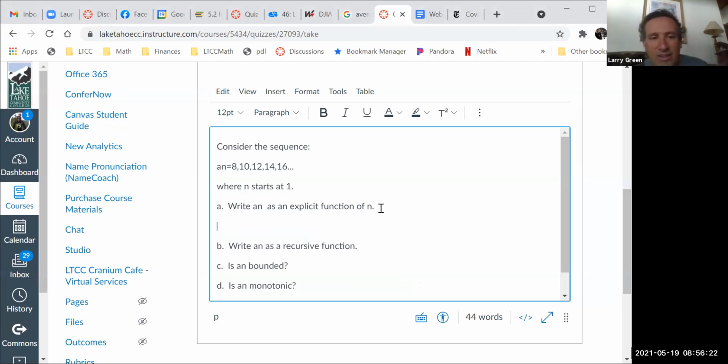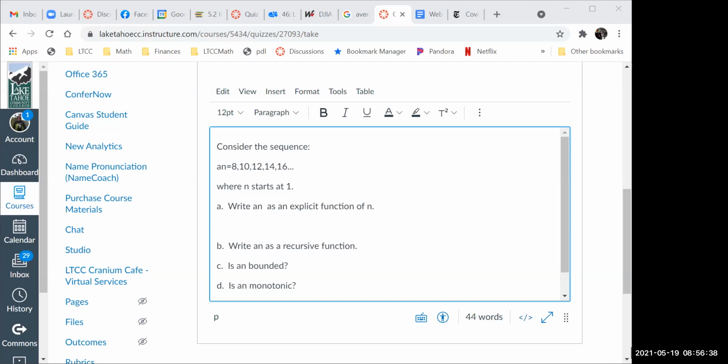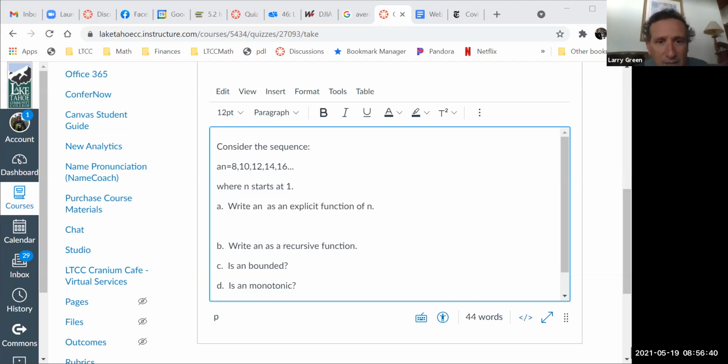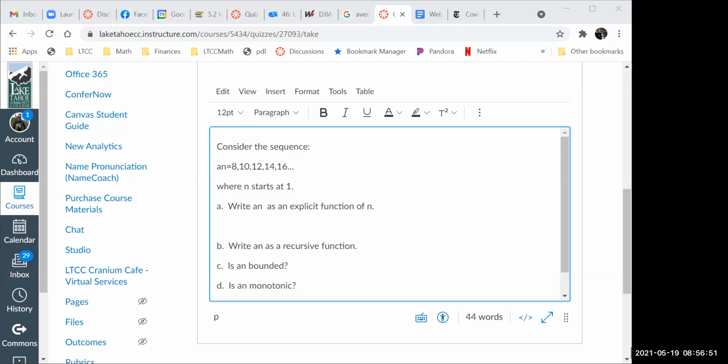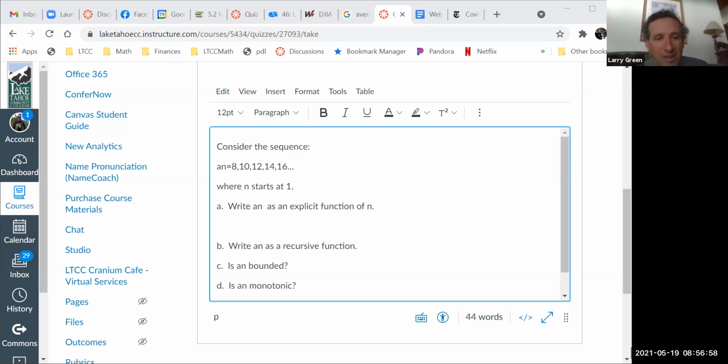So what is the strategy for doing this? Any suggestions? There are a couple of different possible strategies that will work. Any thoughts? I did 8 plus 2n. You did 8 plus 2n. Okay, that almost works. It was a strategy of the first term plus the difference between terms. Okay, so your strategy was recognizing this